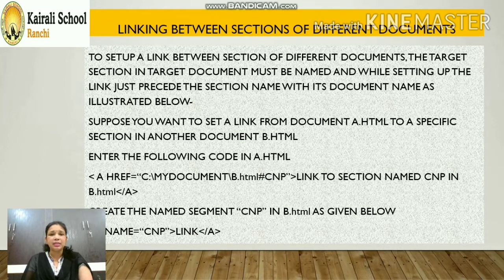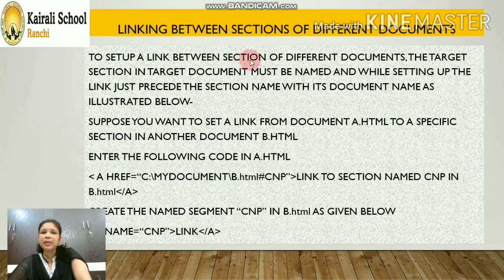Another type of linking is there which helps us to jump from one document to another document but to a different section of that document. Like if this is a document and I'm clicking here, I'll go to another web page but to some section of that web page. By default we always move to the top of every web page. Suppose I'm clicking here and it is connected to some other web page, it will take me to that web page. But there is one method through which you can jump to a particular section of the web page. So that is linking between sections of different documents. It can be used for that.